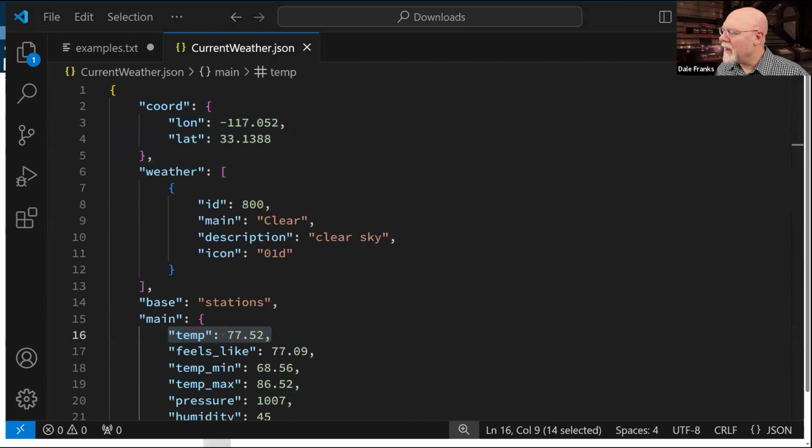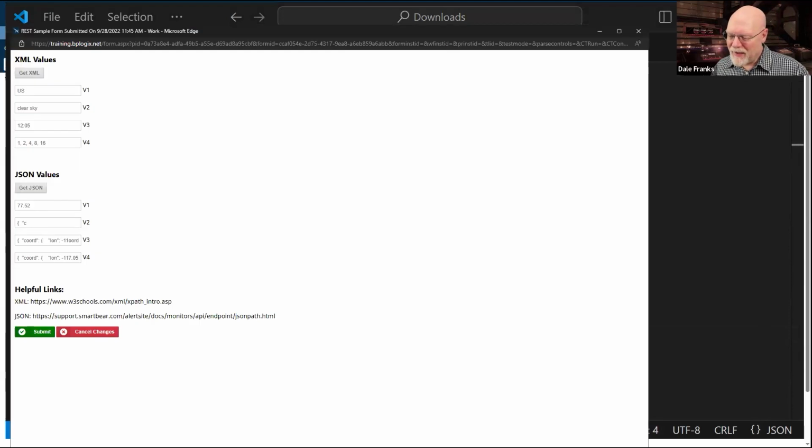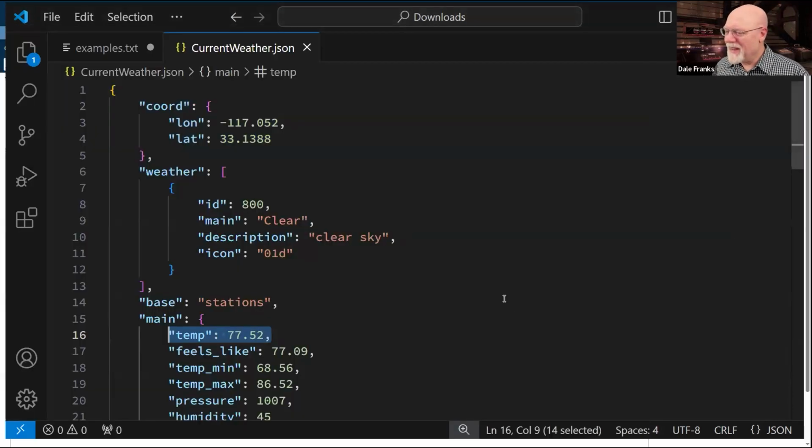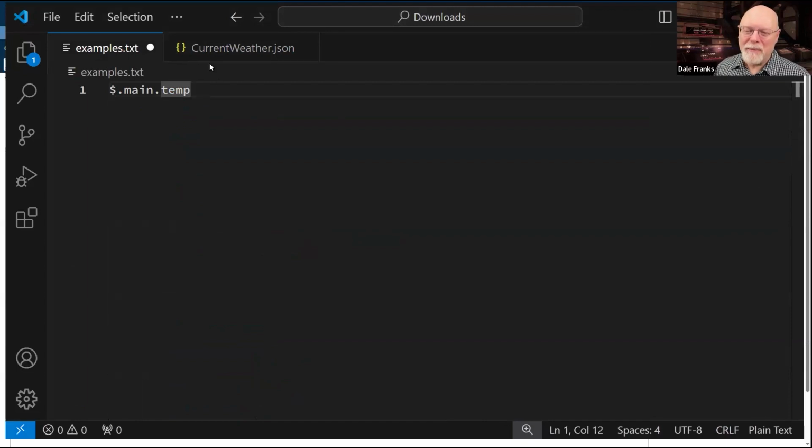Okay, well, let's try something a little different. And I'm going to do the example first, and then we're going to walk through it. So here is the example. You're going to love this. Star.weather ... main.